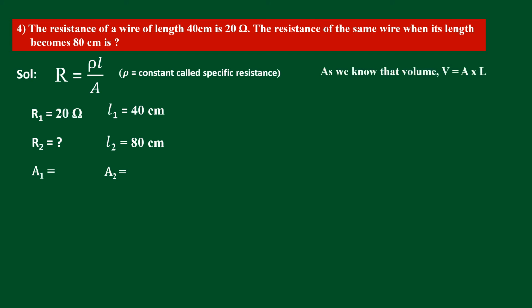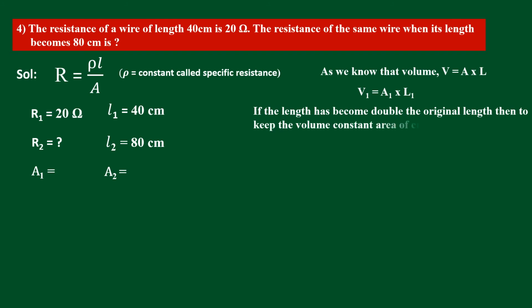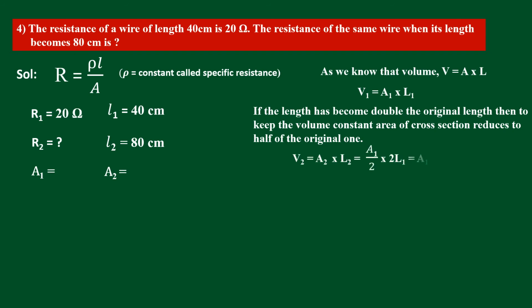As we know that volume V is equal to area of cross section into length, V1 is equal to A1 into L1. If the length has become double the original length, then to keep the volume constant, area of cross section reduces to half of the original one. So you can understand this by the following equation. V2 is equal to A2 into L2, that is equal to A1 by 2 into 2L1,